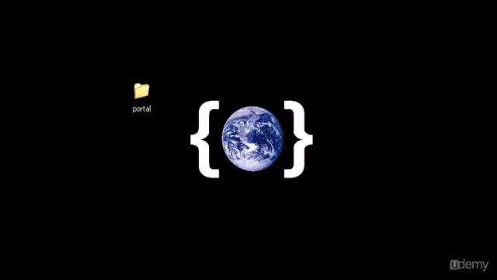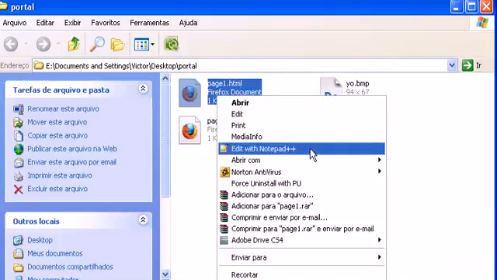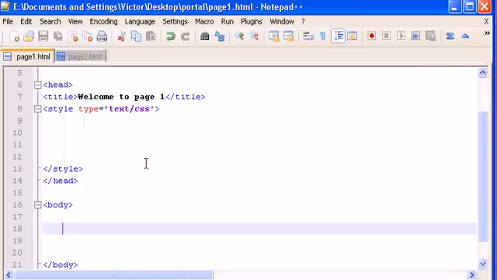In this video I will show you how to use classes and IDs. Okay, so let's go to portal and open page1.html with our friend Notepad++. Just delete all the code that you have from the last video, and inside the body section let's type two